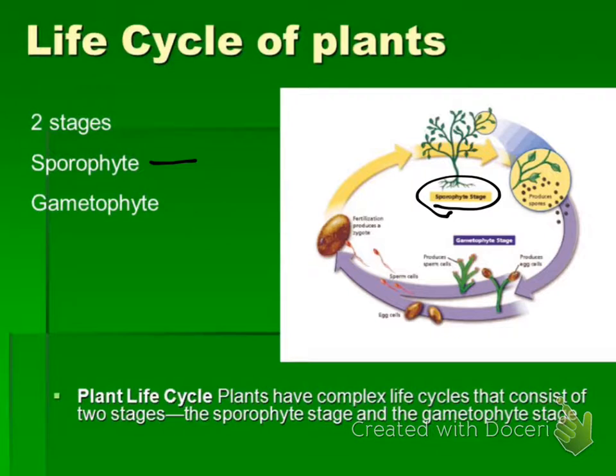What happens is they produce spores, and then those spores come down here in the life cycle, and they produce different cells. Sometimes they produce a plant that has female cells, and another that has male cells. So plants can actually be a specific gender. They can be a male plant or a female plant,